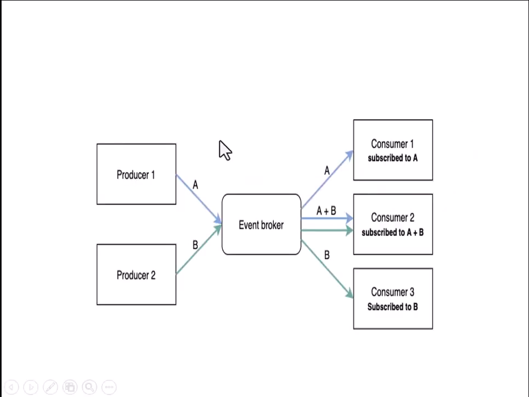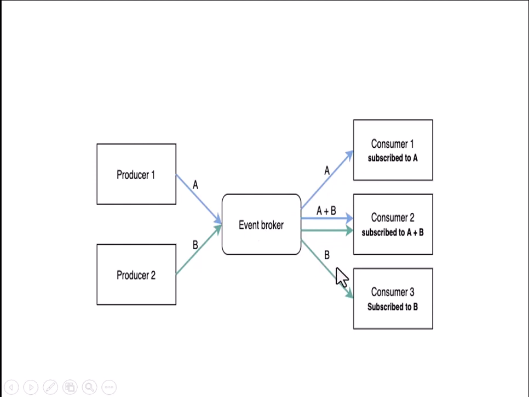So remember that there must be an event broker, which acts like a bridge between the producer and consumer. So what is happening here? There are three consumers and two producers. Producer 1 produces event A, producer 2 produces event B, and then the event broker passes the events